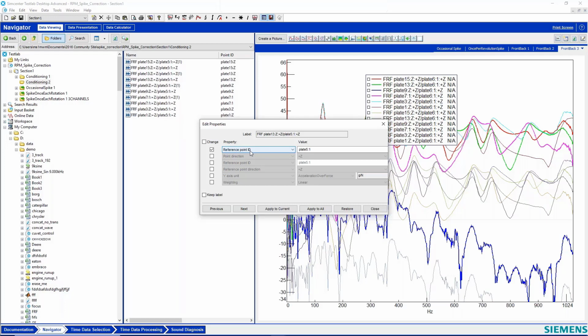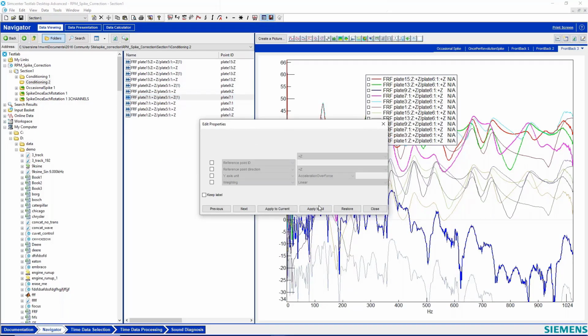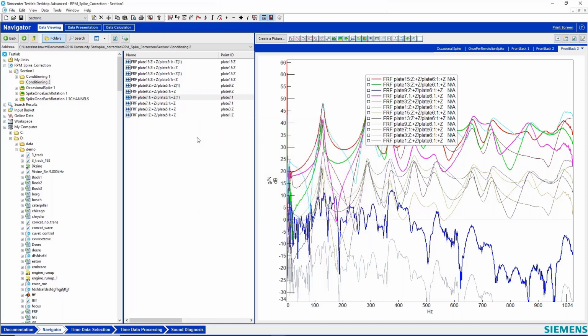You do need to be careful with this. If you had individual ones and you needed individual ones that are different, doing an apply to all applies to all. You should have maybe started with just the one, or you could apply just to the current, and then that would be safe. So it depends what you need to do. Hopefully that answered the question.